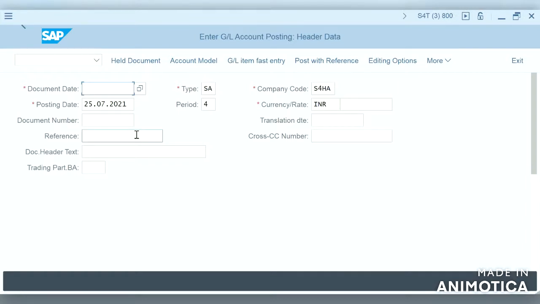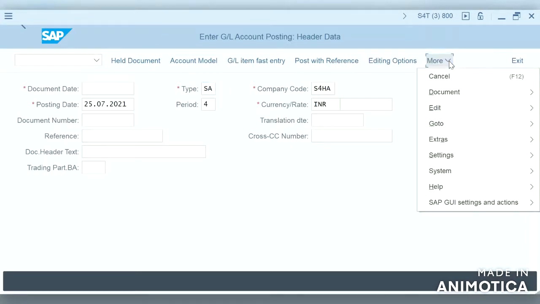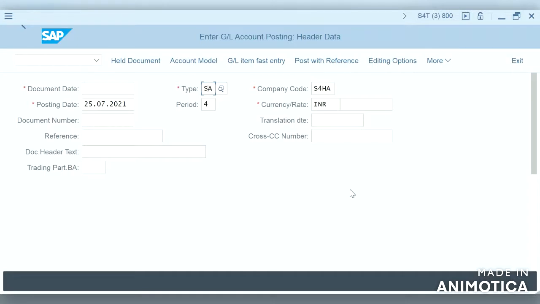So we can see they are talking about document type. So we can see this is available at header level, and username comes under system settings. Okay, so in order to find the technical name, in validations we will use technical names of the fields. So first I will show how to check that.